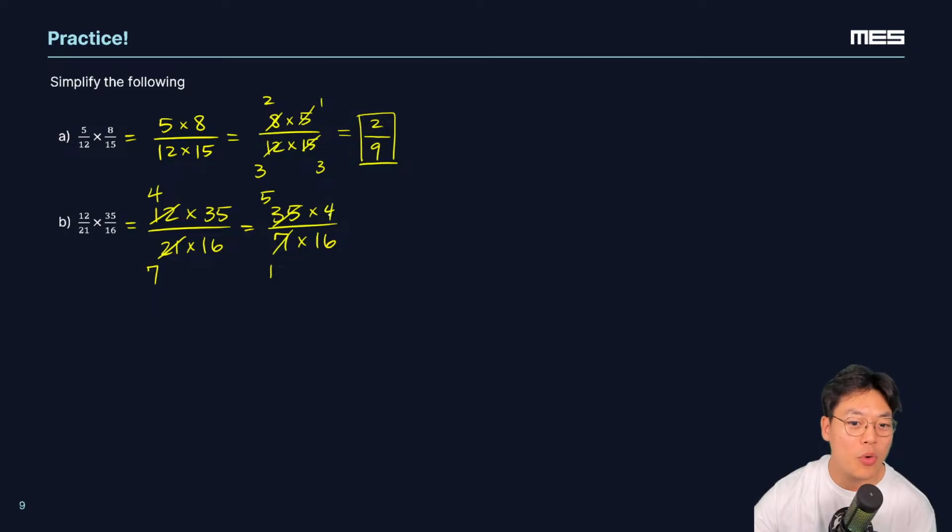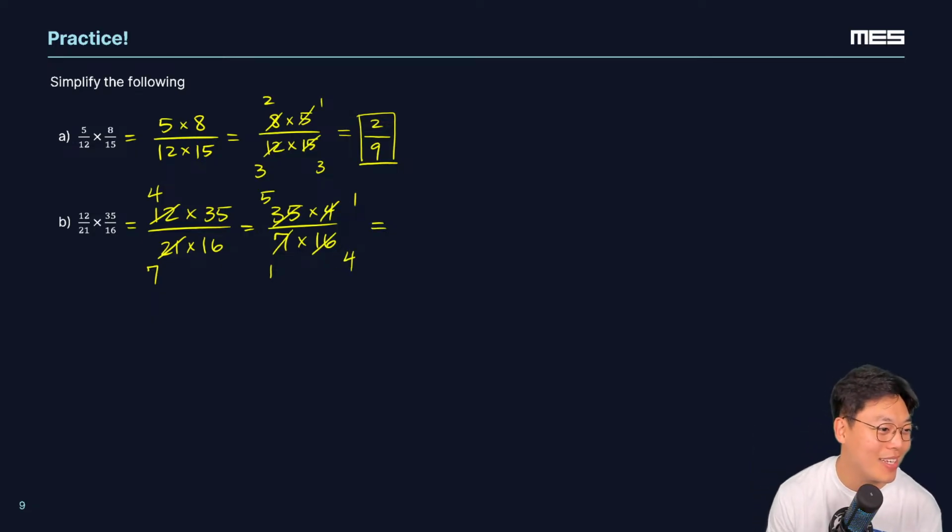What can we divide both 4 and 16 by to get even smaller? We want to simplify as much as we can so that we don't have to work with bigger numbers. Yes, it'll become 1 and 4 because we can divide by 4. Great, Chloe and Max. Beautiful. What's our final fraction going to be then in the chat? We have 5 times 1 in the numerator now, and in the denominator we have 1 times 4 to get 5.